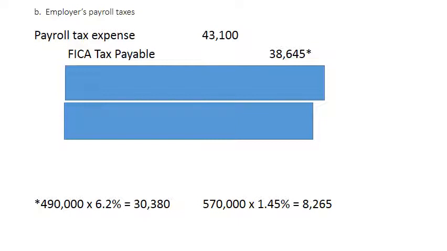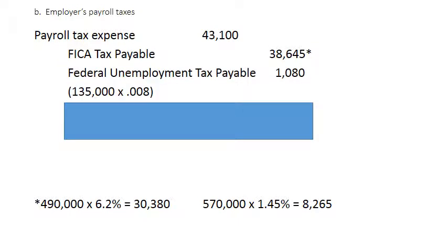So when they gave us the information for the problem, they gave us the rates for that. For the federal unemployment, you get a credit for how much you paid to state. So the federal unemployment rate is 0.8%. When you multiply that, it's 0.008. And they told us in the problem we were going to use